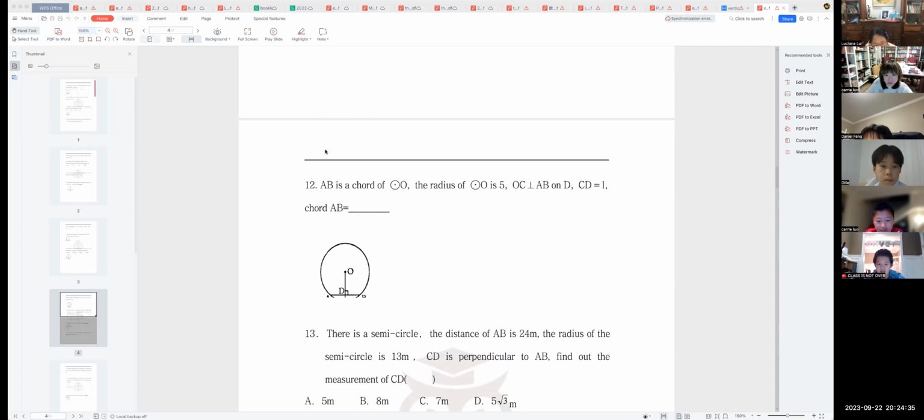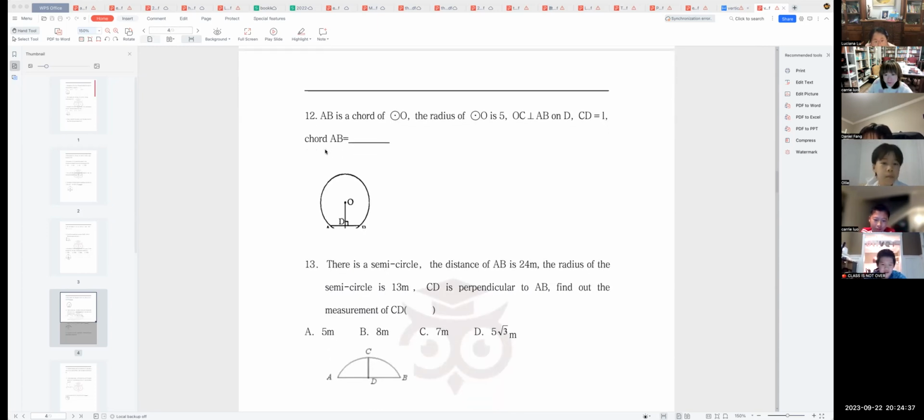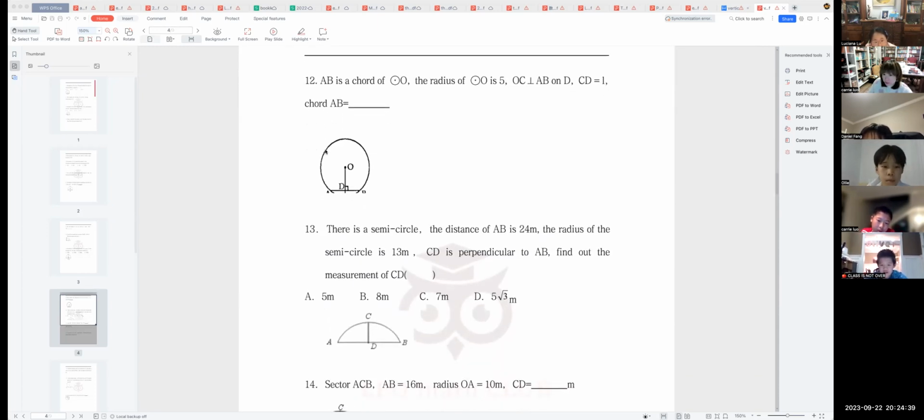Okay, so let's take a look at number 13. Okay, let's see. There is a semicircle. The distance of AB is 24. The radius of the semicircle is 13. CD is perpendicular to AB. Find out the measurement of CD. Okay, so let's try this one for 1 minute. 老师，我马上会来帮你们啊。